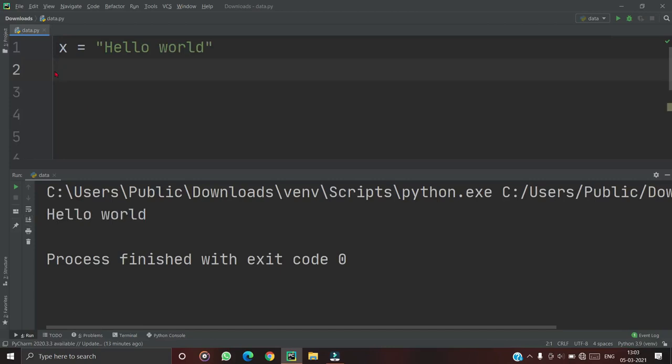The next part is updating the strings. How can we change any letter in the string? I want to print Python in the place of world.